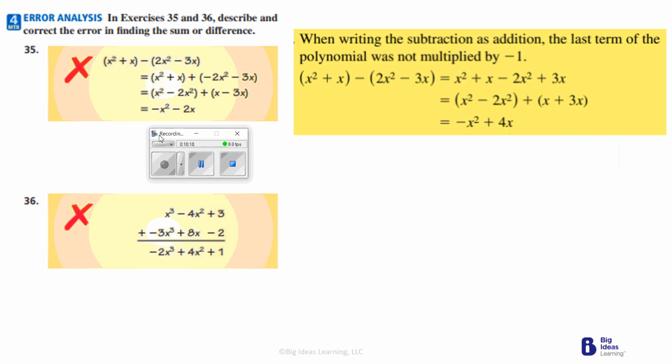Okay, the problem was when writing subtracting as addition, the last term of the polynomial was not multiplied by negative 1. That was not multiplied to this. Negative times a negative is a positive. All right, next,